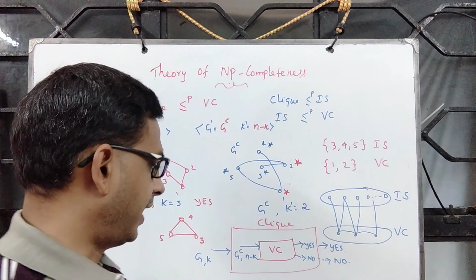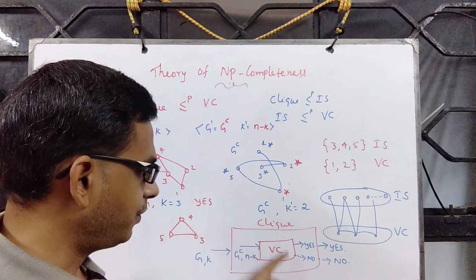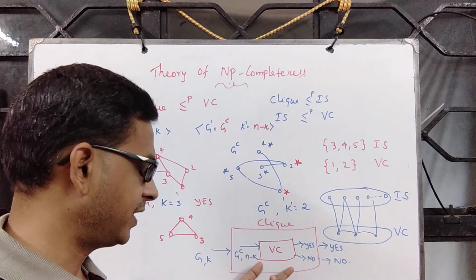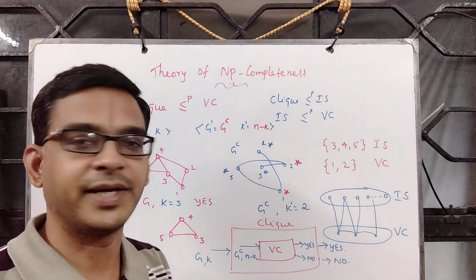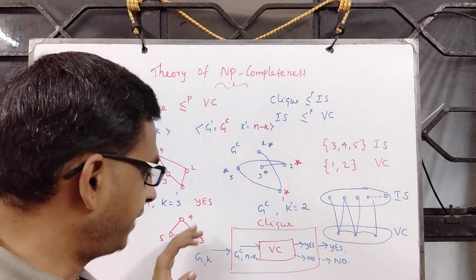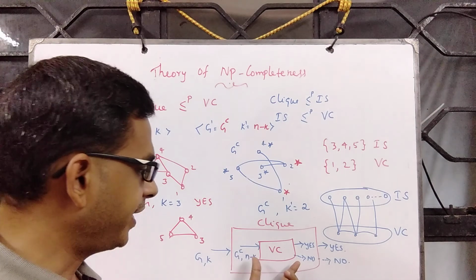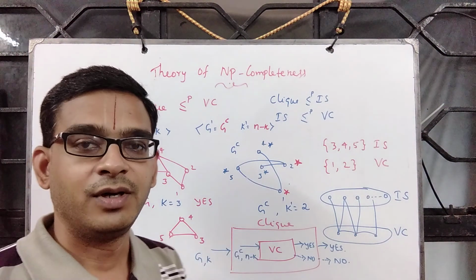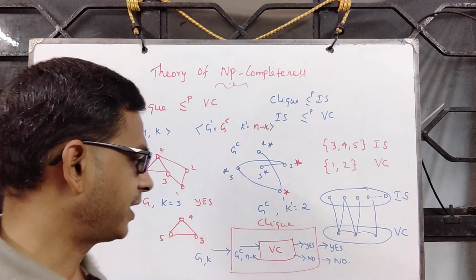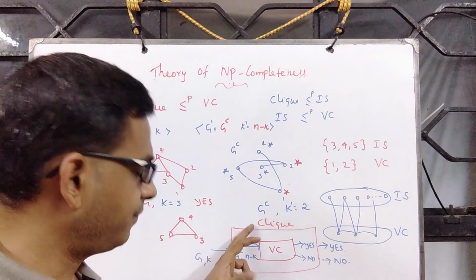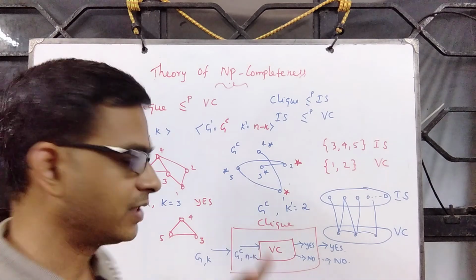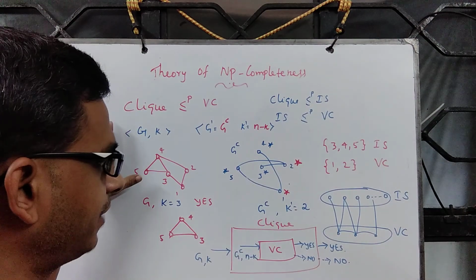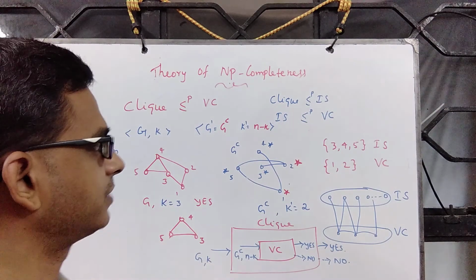Again, as of this date, we do not know whether VC exists, VC belongs to class P, or whether it has a deterministic polynomial time algorithm. This framework says at some point in time this becomes poly, then clique problem becomes poly. From the computational perspective, the complexity of clique and vertex cover are one and the same.